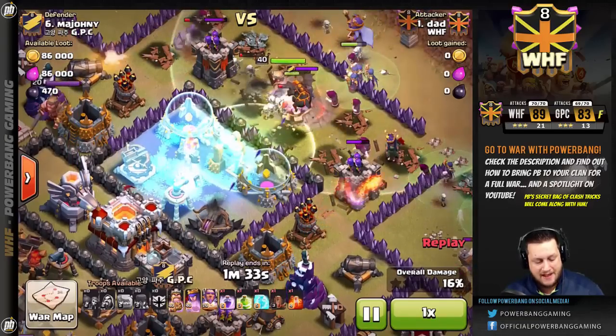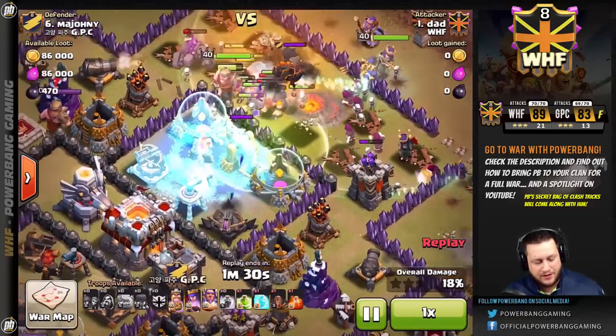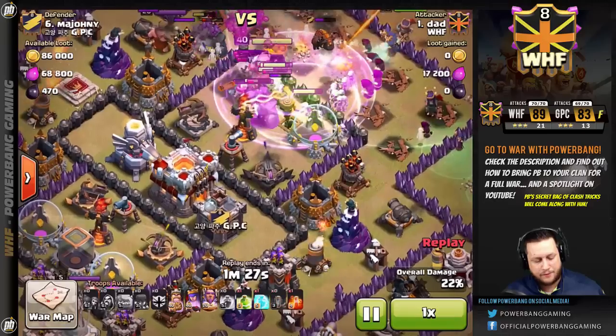So we started bringing the mass witches, basically. And then a jump spell gets them into that core. Freeze spell goes down for the initial...